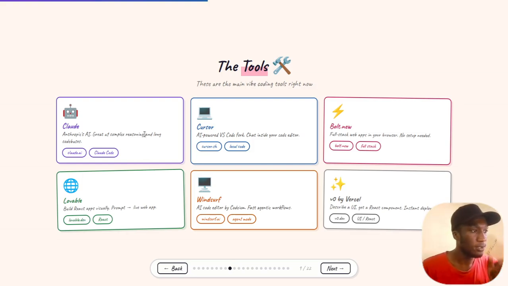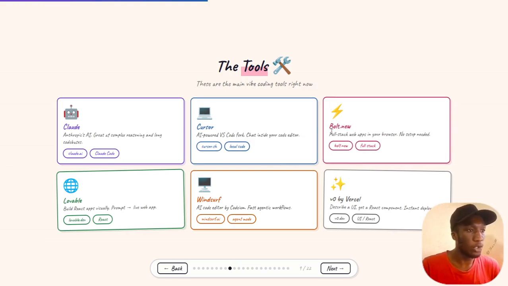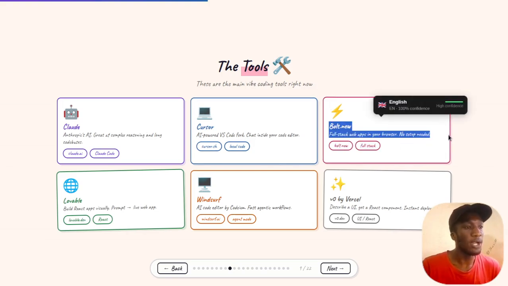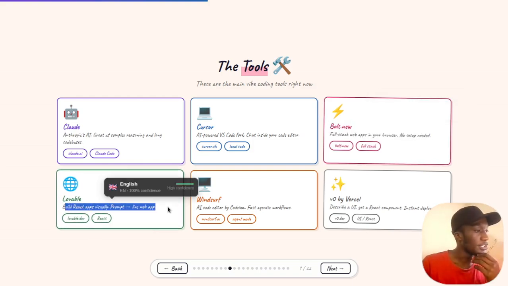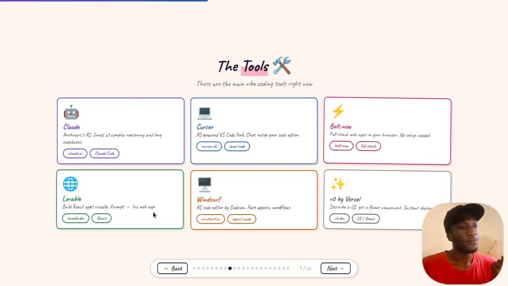But this works on your PC. It doesn't work online. Something like bolt.new, you can use it in your browser, even on your phone. You just tell it this is the app I want to build, and then it codes for you. Lovable also lives in your browser.